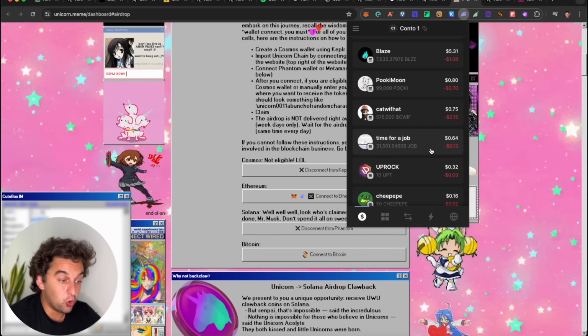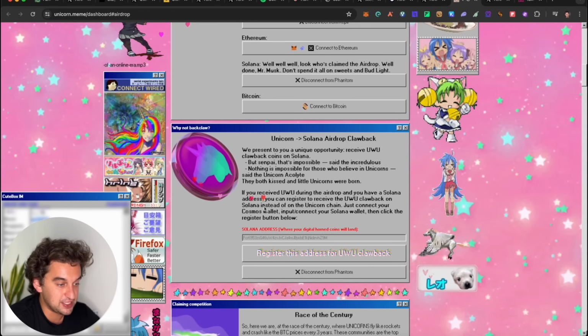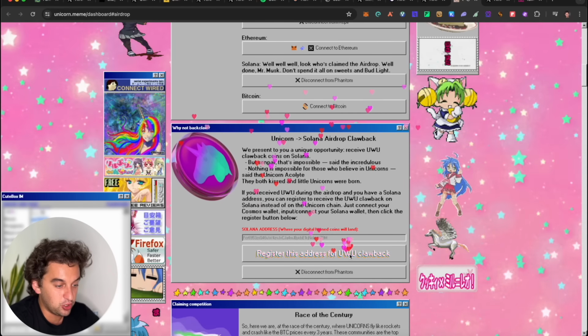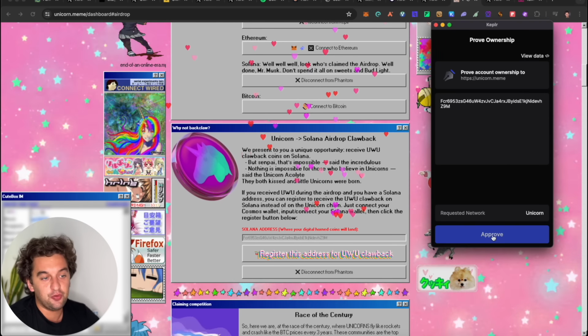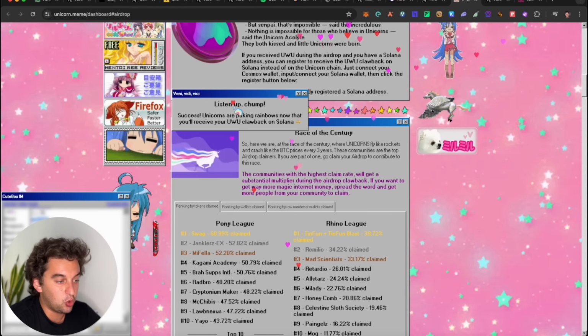I don't think it's gonna be worth a lot, to be honest. I don't think it's gonna be super expensive, but the Solana airdrop, as we see over here: register this airdrop for the U clawback. So simply go and register this wallet. You are not signing any weird request or anything, but you have the possibility to simply